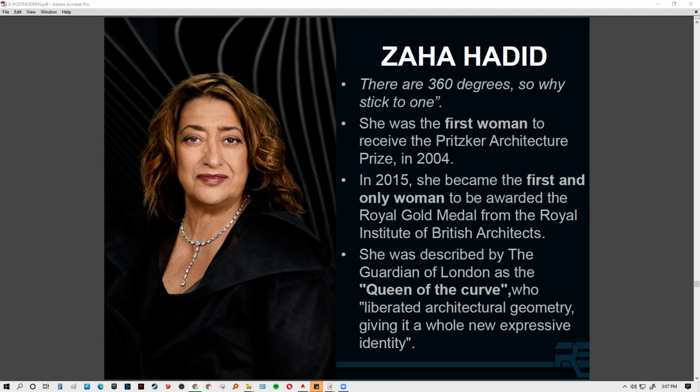She is known for her designs with some vectors or spiky portions with some curves, and she was the first woman to ever receive the Pritzker Architecture Prize in 2004. This is like the Nobel Prize in Science, and she became the first and only woman to be awarded the Royal Gold Medal from the Royal Institute of British